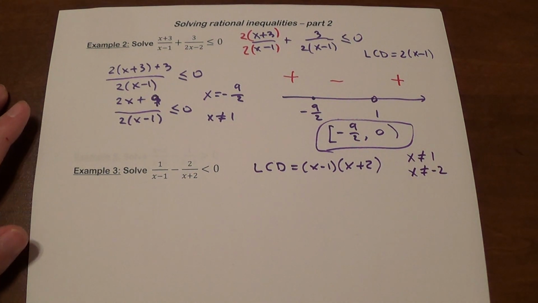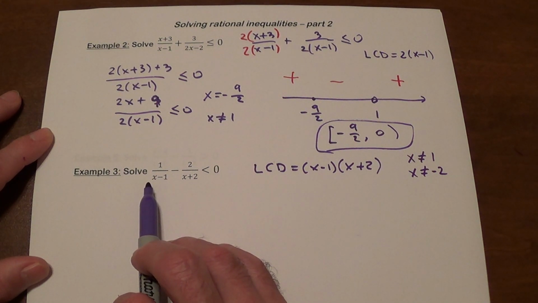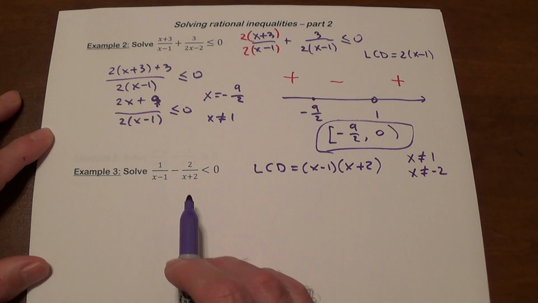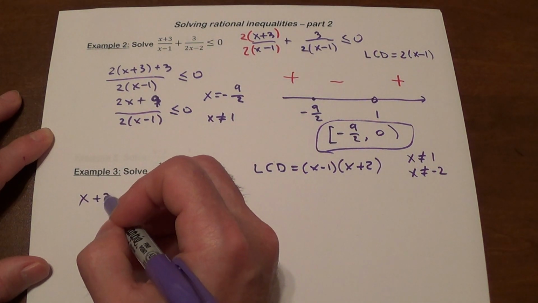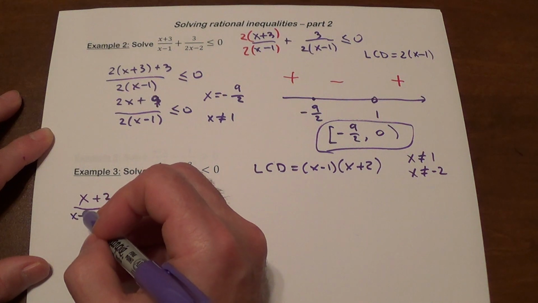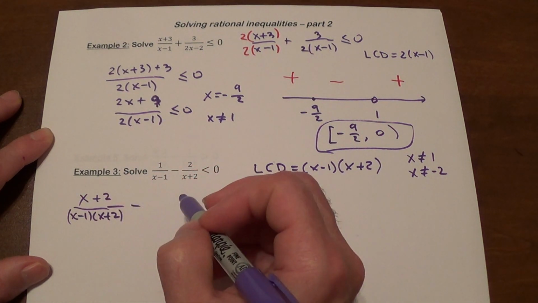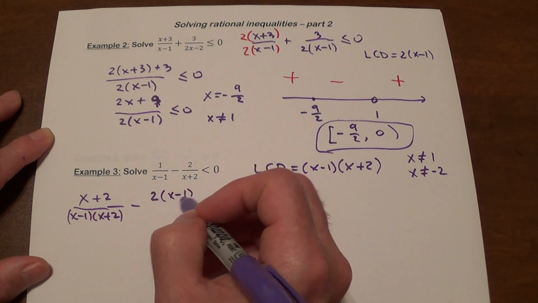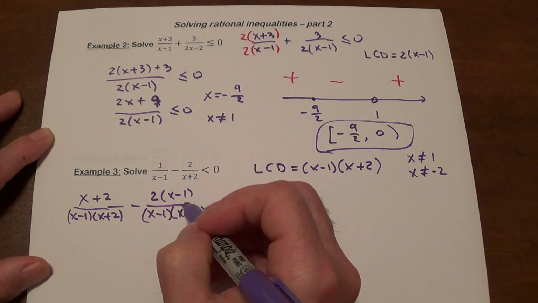And now we need to combine them. So the way we combine them is the first denominator needs to be multiplied by x plus 2, and the second denominator needs to be multiplied by x minus 1. Obviously, you do the same thing with the numerator. So our first fraction is going to become x plus 2 over x minus 1 times x plus 2. Second fraction is going to be 2 times x minus 1 divided by x minus 1 times x plus 2